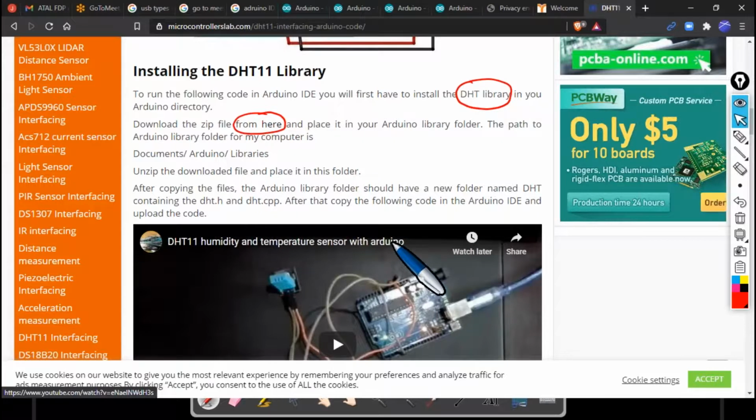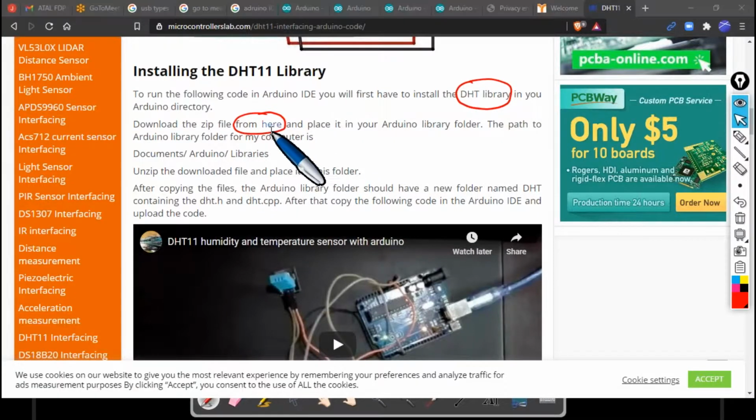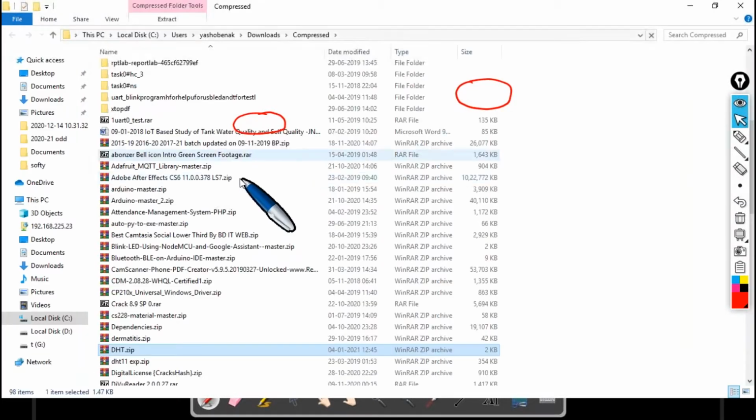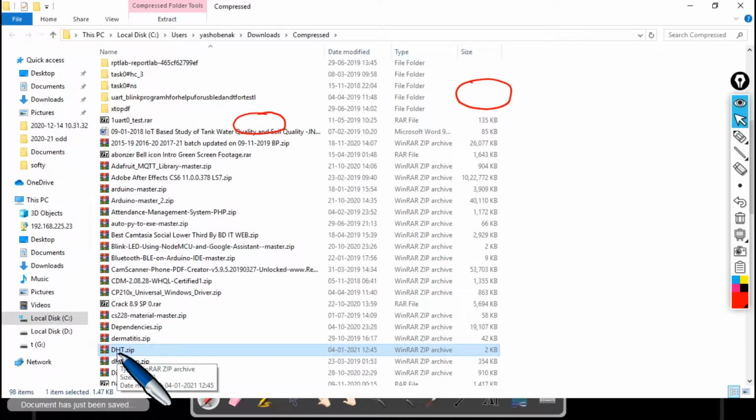Now we can see that this library file has been downloaded in zip format and it is available in my downloads, specifically in the compressed section. So this is where I have this DHT.zip library. The next step is that I got to include this zip file onto my Arduino IDE, for which